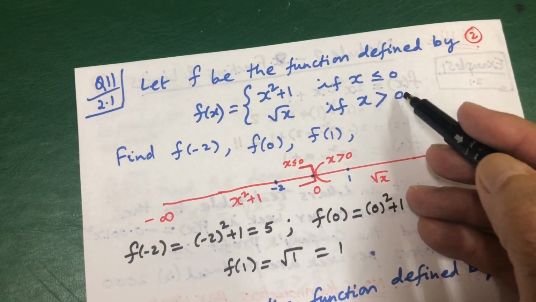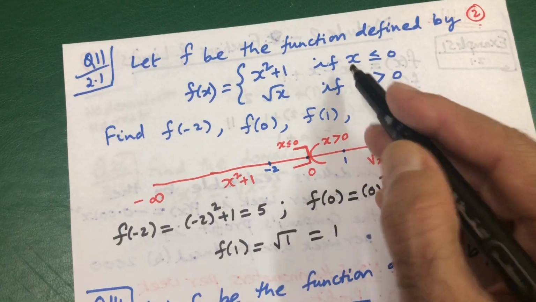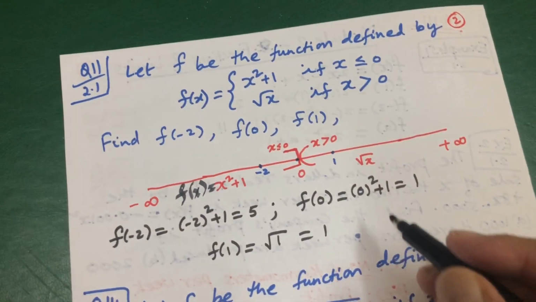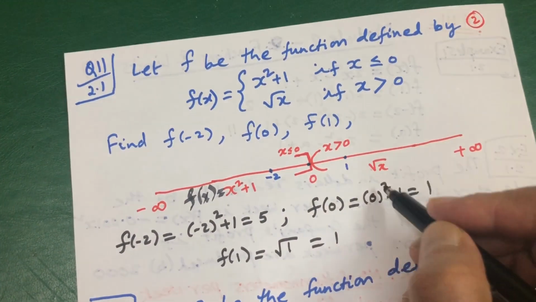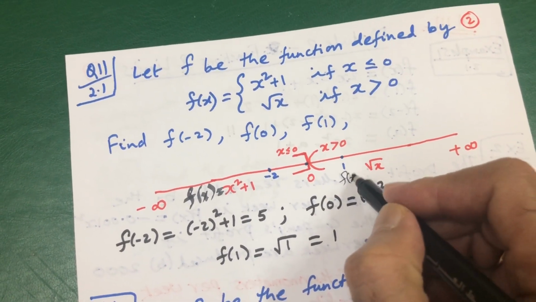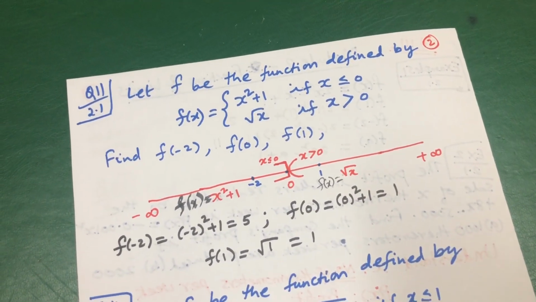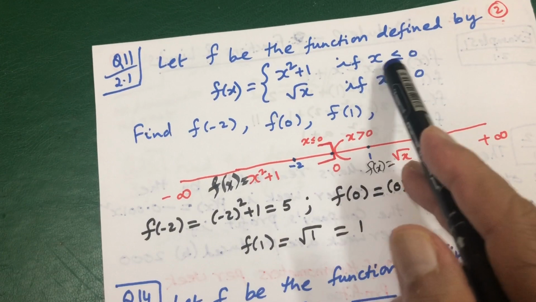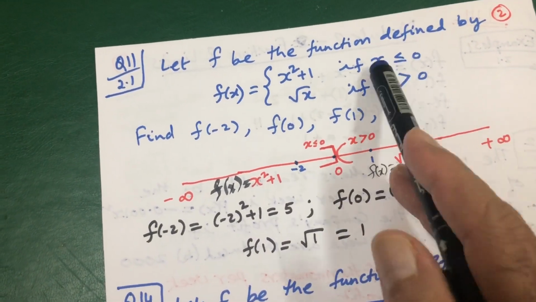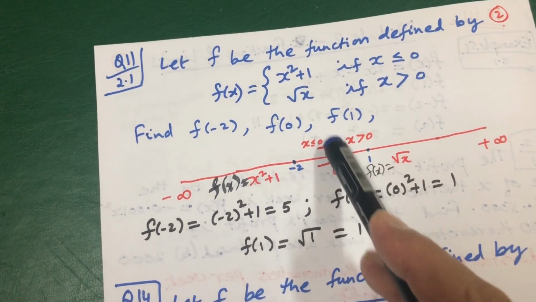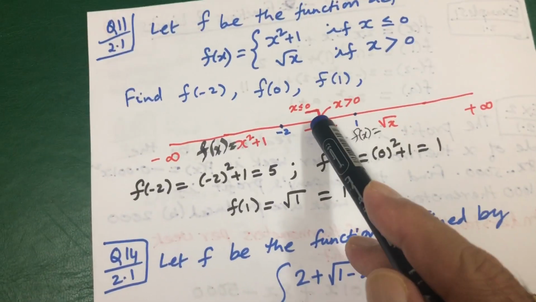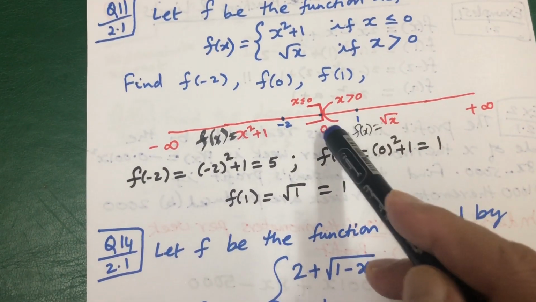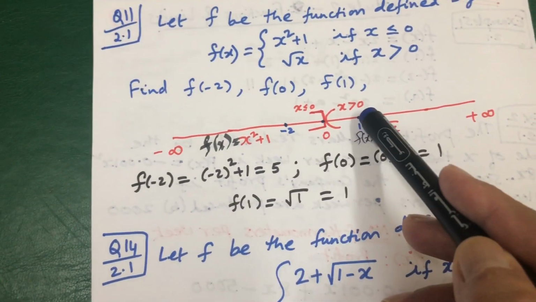Here is the split point. So for x less than 0, that is before 0, f(x) will be x square plus 1. After 0, x greater than 0, f(x) is equal to root x. So here 0 is included in the first part of the function, x equal to 0 is included here. That is why I put a closed bracket. The closedness will tell you that x is on this side. Suppose I put closed on this side, then x equal to 0 is included in this part.